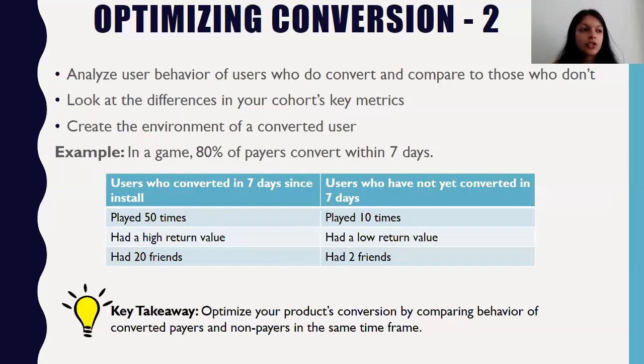And how can you make sure the people who don't convert are also able to take those same steps? Are you enabling them to actually become a payer? Are you providing them the same value as the ones who do convert? So these are things to test in your product and optimize over time to make sure you're increasing